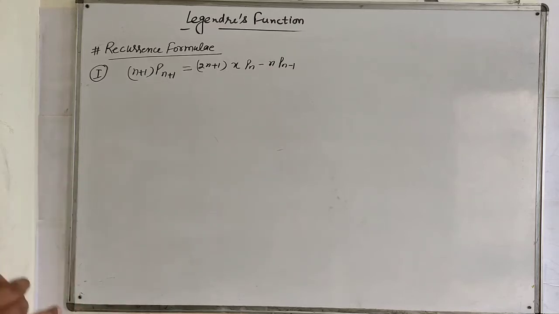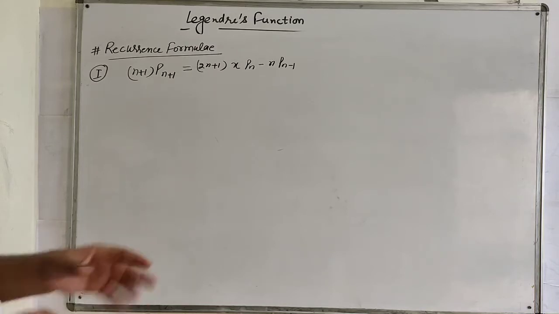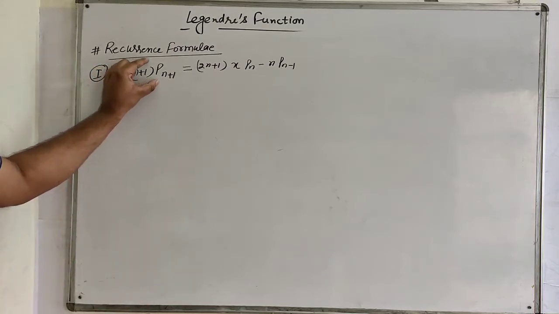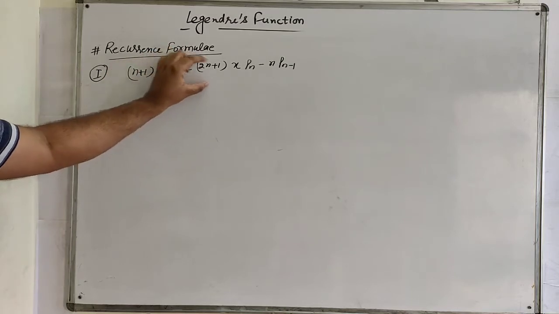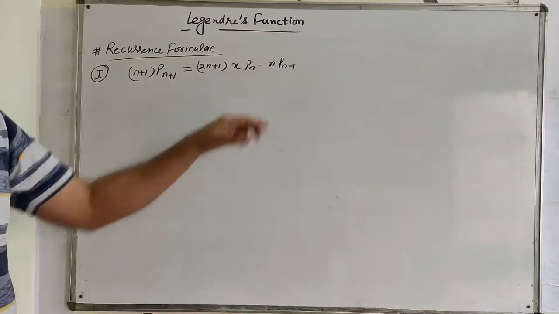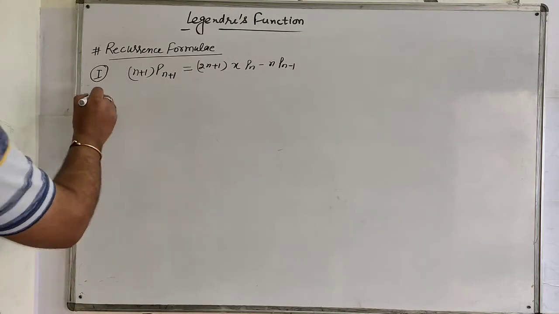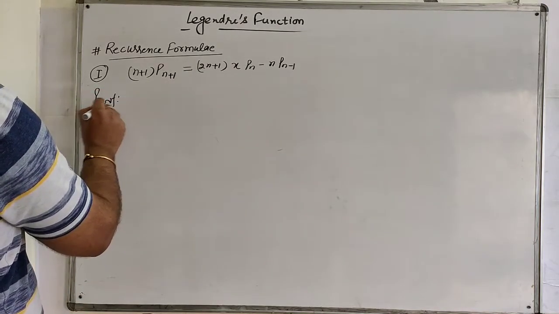Hello guys, this is another lecture on Legendre's function. In today's lecture, we will discuss the Lagrange formula. The first Lagrange formula is (n+1)P_{n+1} = (2n+1)xP_n - nP_{n-1}. So to prove it,